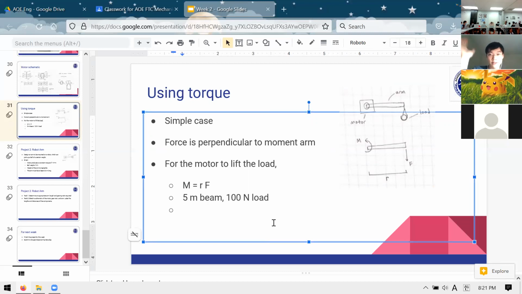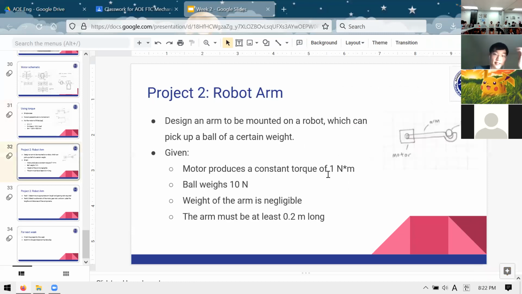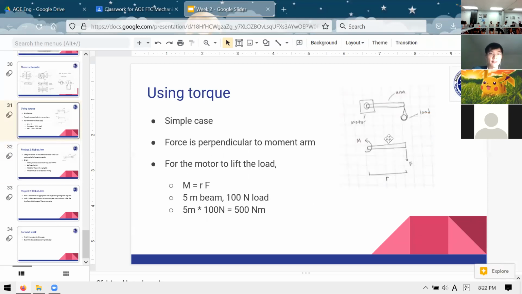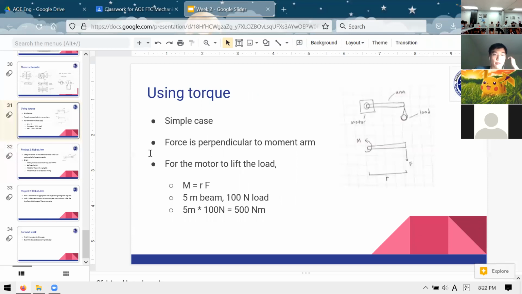In that case, I would need to apply a torque that is 5 meters times 100 newtons, which is equal to 500 Newton meters. That's the value of this quantity M that I need to apply to the other end in order to ensure that I can have this stable horizontal beam with a force of 100 newtons applied at the end. And the reason why I say that the weight of the arm is negligible is that, in reality, the weight of the arm itself is also going to add a load to the motor, but you don't really need to think about that for this. I just want you to get an idea of how to work with this quantity called torque,